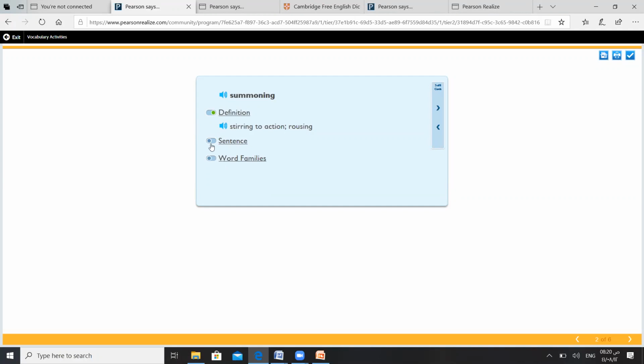Summoning, okay? Sentence about summoning. Summoning up my courage, I dived into the pool. Summoning means I collect all my courage and I dived into the pool. So the meaning of summoning could be to meet with someone, to collect, to call or recall. Next vocab is